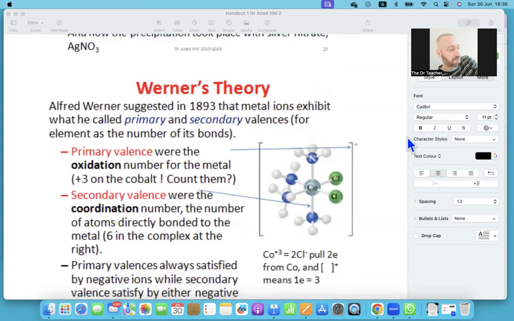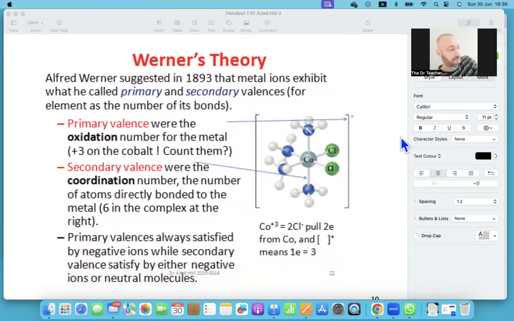So Werner theory: Alfred Werner suggested that metal ions exhibit primary and secondary valences, the number of its bonds. So the primary valence is the oxidation number for the metal. In this case, because of chlorine, and there is one chlorine outside, it will be 3. So the 3 chlorine minuses will end up with,